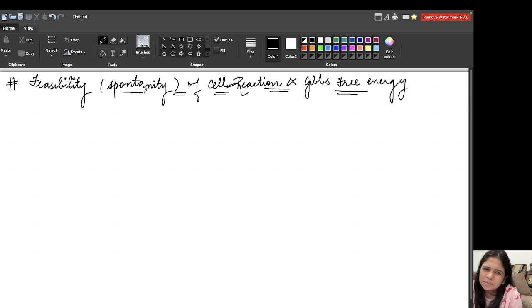Don't bother that much about Gibbs free energy for now because we are going to cover it in detail in our thermodynamics chapter. For now, just remember what is delta G. Delta means change, wherever delta comes. So delta G is your change in Gibbs free energy